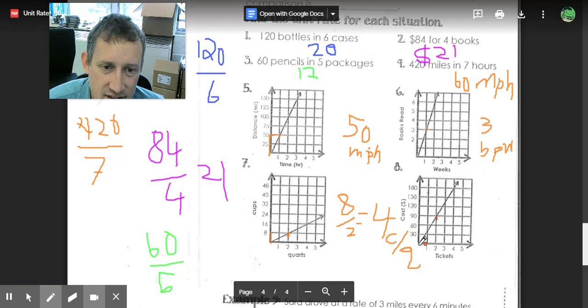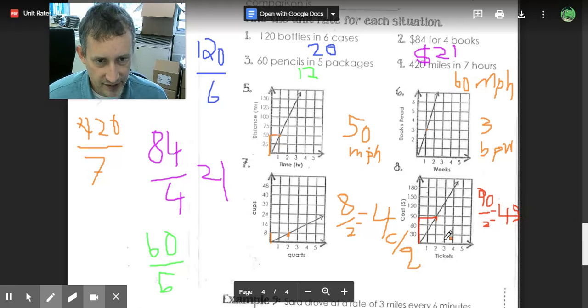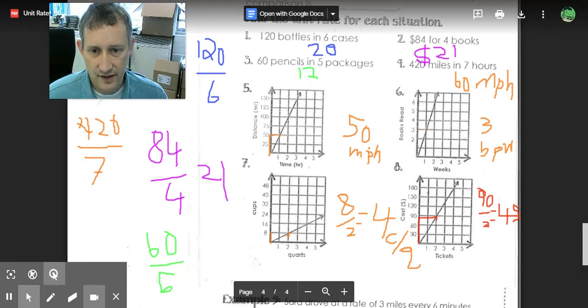Okay, 90 is your rise, and 2 is your run. I did that because it clearly connects the points here. This one's harder to know exactly where it hits. So 90 over 2. And what is 90 divided by 2? It is 45. So this one's going to be $45 per ticket. Okay,